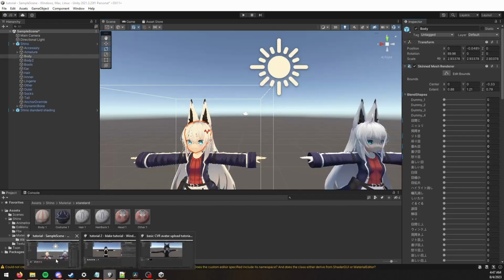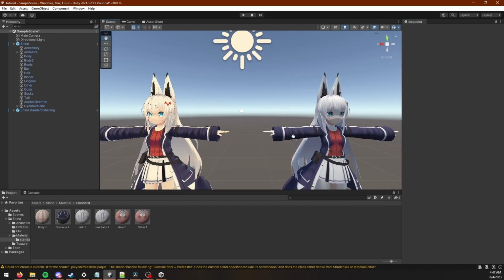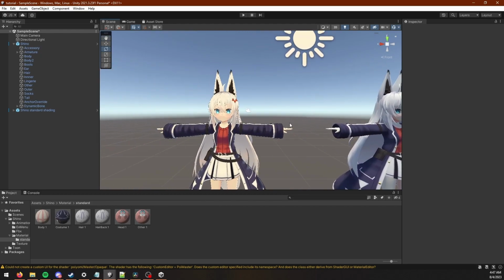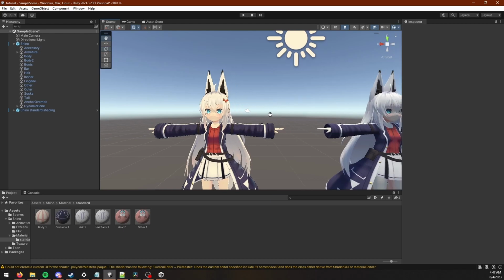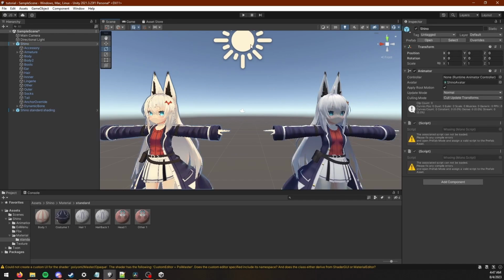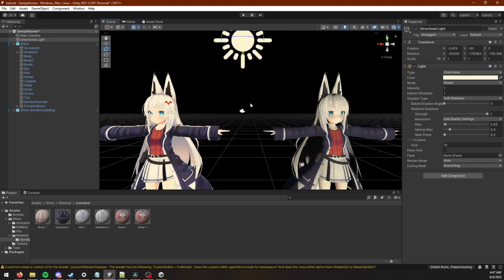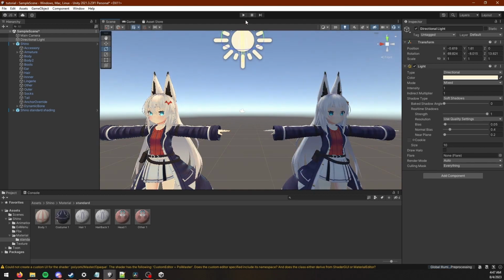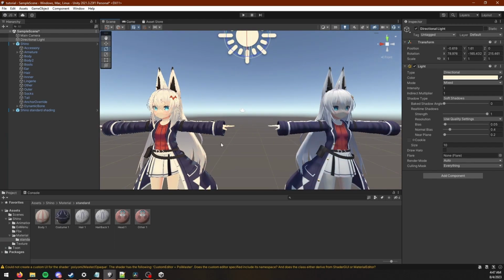Let me show you an example. This is my avatar. This is with Unity Standard, and this is with the shader that it's meant to be used with, which is Unity Chan. And yeah, this looks like plastic, and this looks much better. And you can find your light source and move it around and see what it looks like, depending on what shader you end up going with. In this particular case, I'm going with Poyomi, and